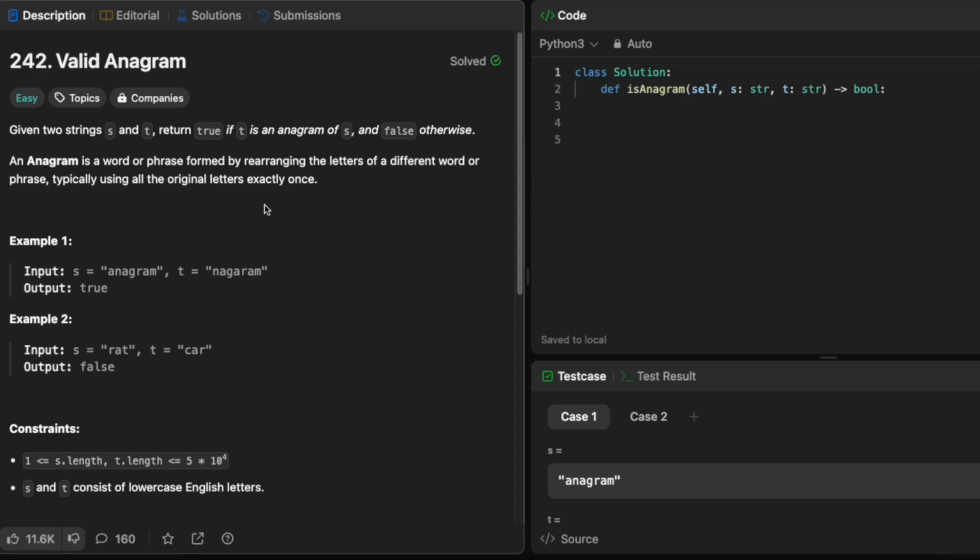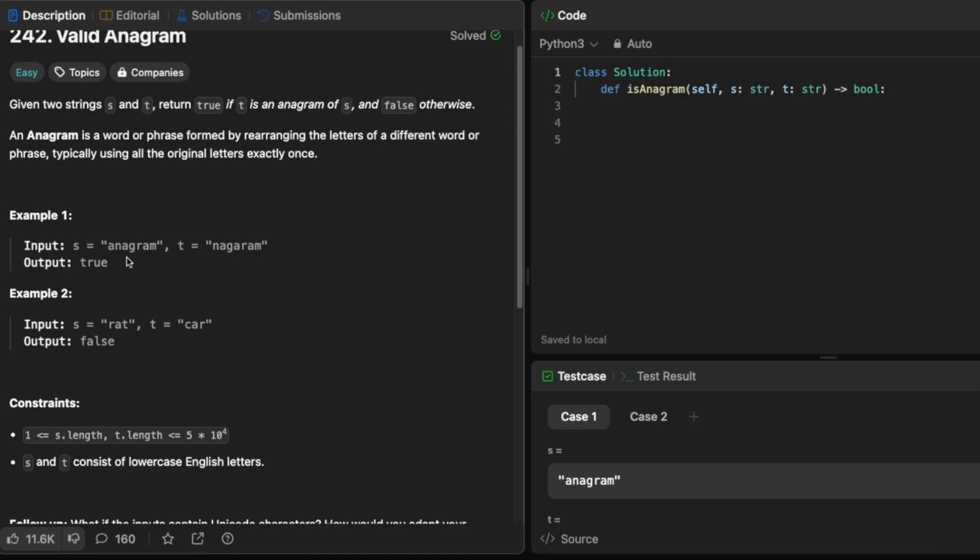Let's build some intuition today, guys. So if you're new to this channel, I probably am the guy who focuses a lot more on building intuition rather than just explaining the solution with some examples. Here what we do differently is we not only write the solution, obviously we have to do that, but I